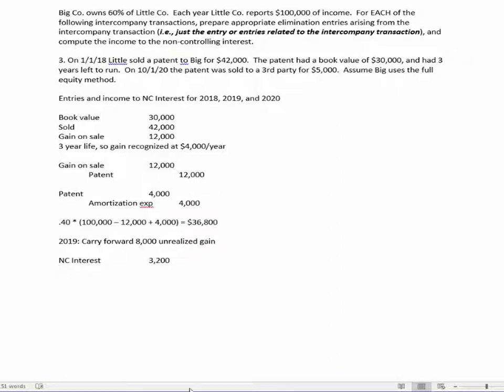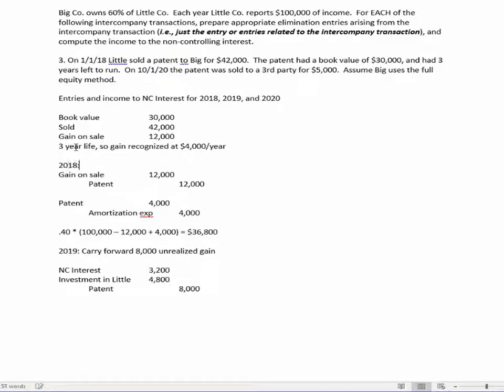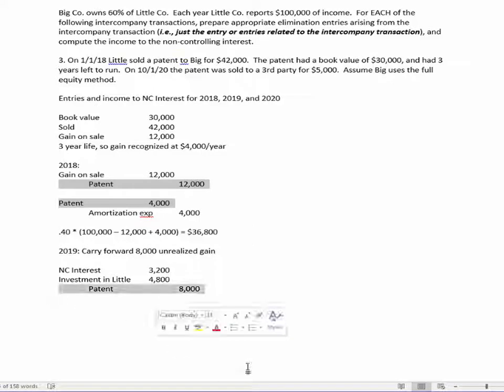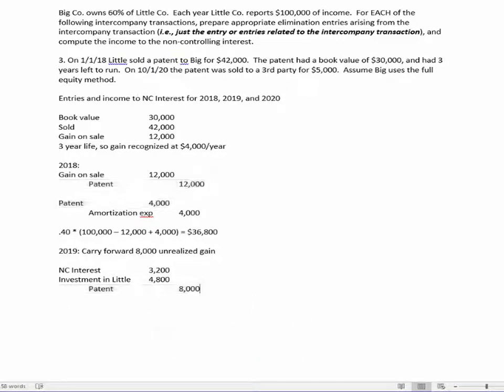And here's our second question. Is the parent using the full or the partial equity method? Since we're assuming that Big is using the full equity method, that means we're going to go ahead and debit the investment in Little for their share of that. And we carry forward the $8,000 in patent value. Again, looking at the patent accounts in 2018, last year we credited the patent for 12, we debited it for 4, so we're carrying forward a net $8,000 credit. And then we go ahead and recognize another year's worth